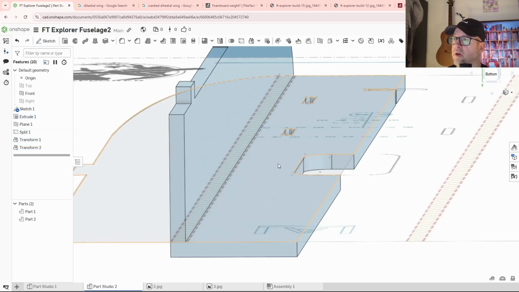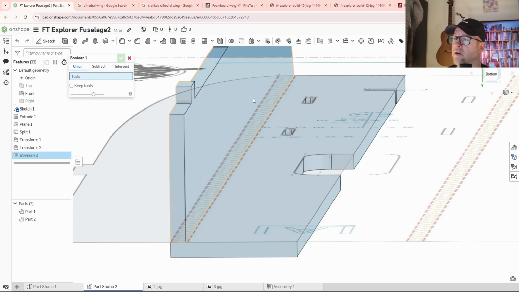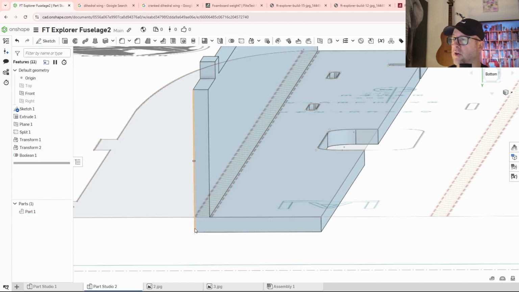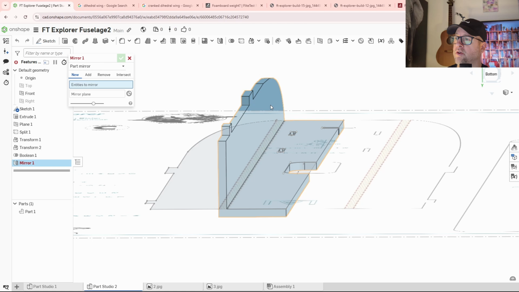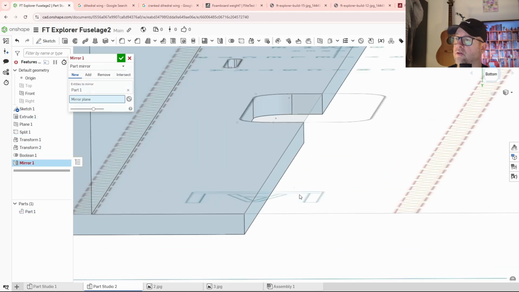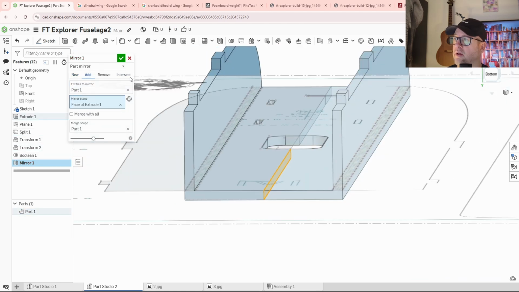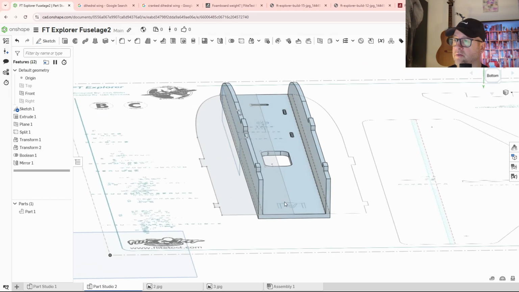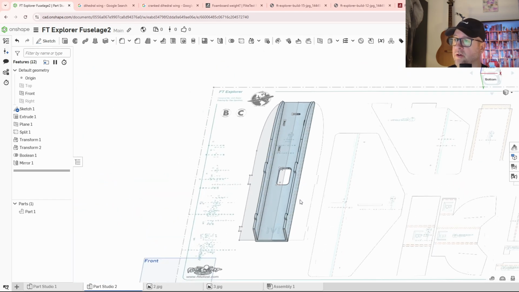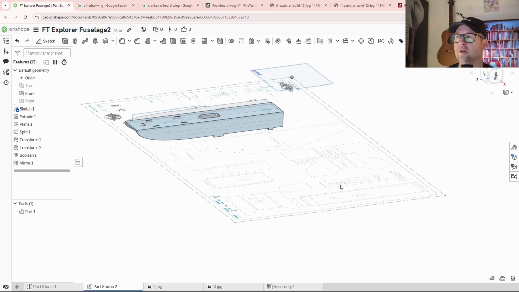So now we can union these two together. Union. Okay, it should become one. Yep, it's one part. And now we will mirror this about that line right there. So mirror this shape along this line, that plane. And there we are. All done. So that's the electronics tray area. Now we will start moving the fuselage